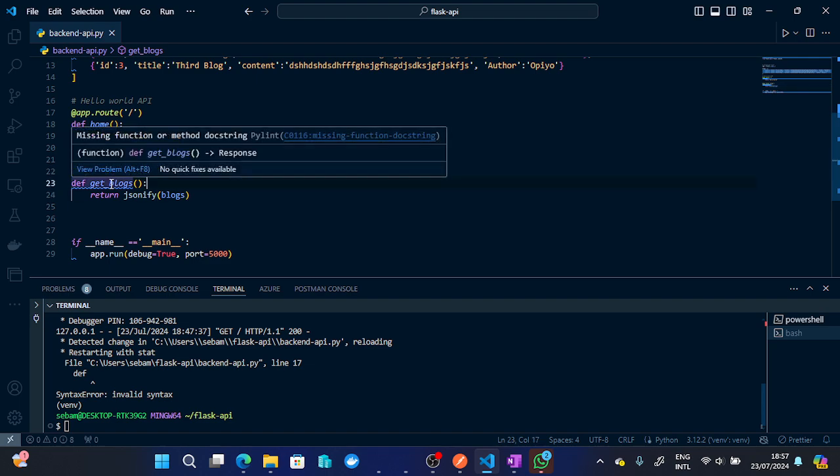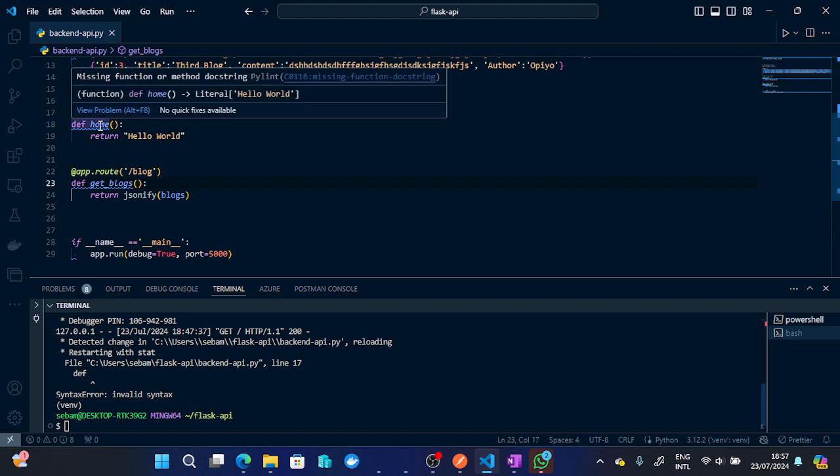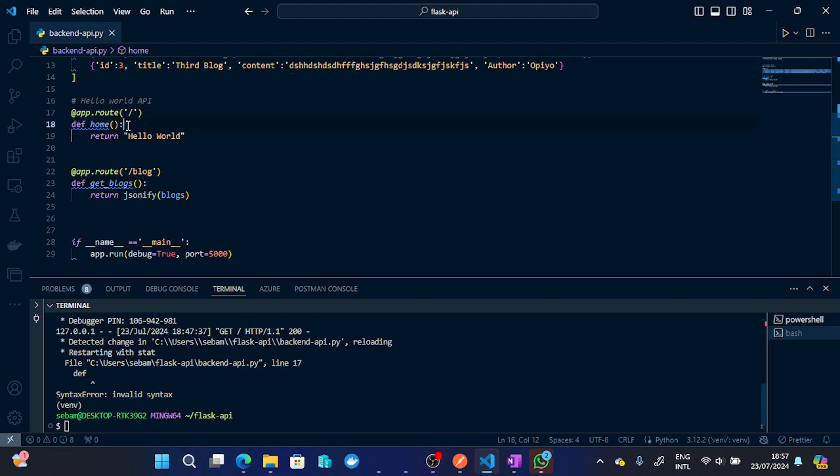This one is complaining because I don't have... Do we need to add the method type, or is it just GET, automatic? We are getting there. By default, what you have is the GET method, and by the